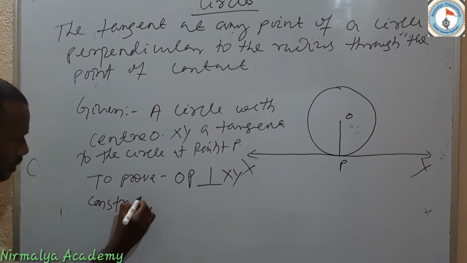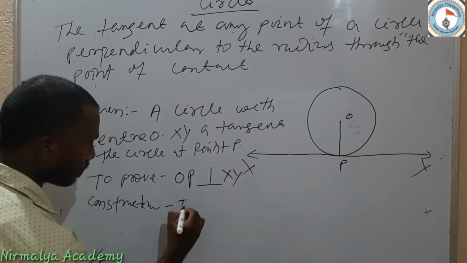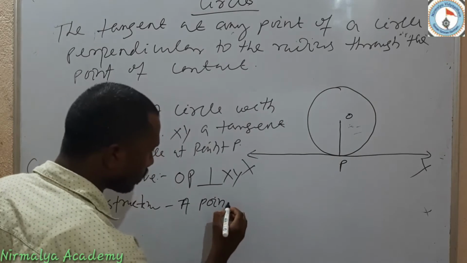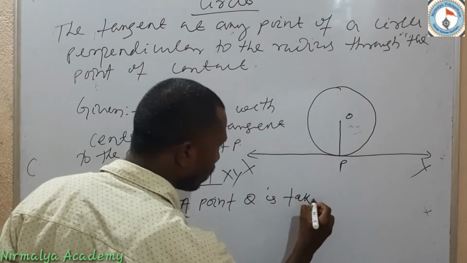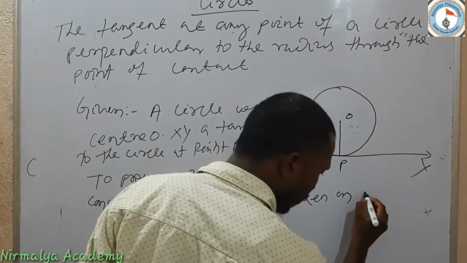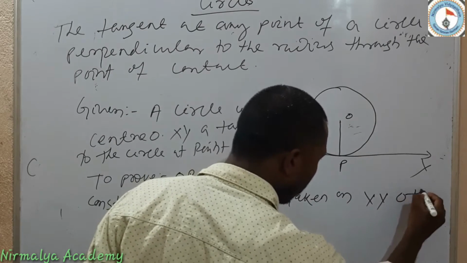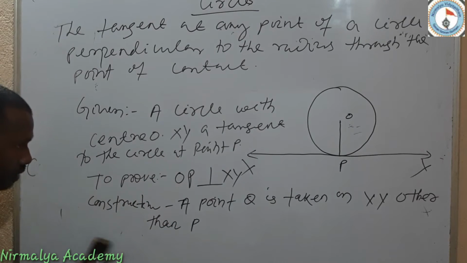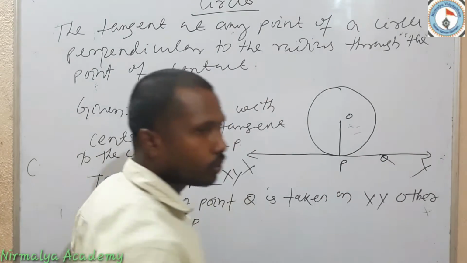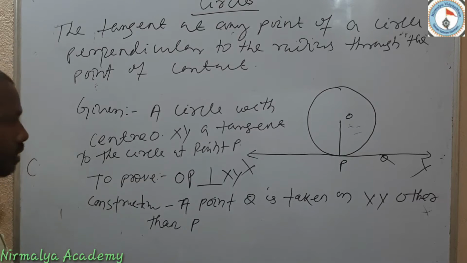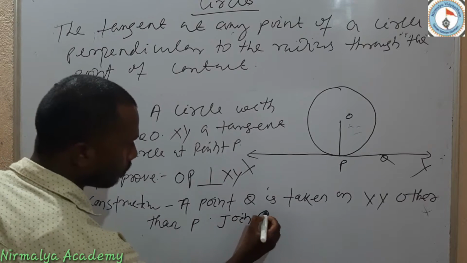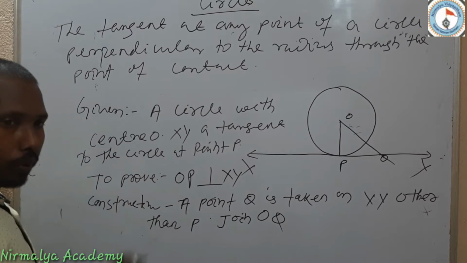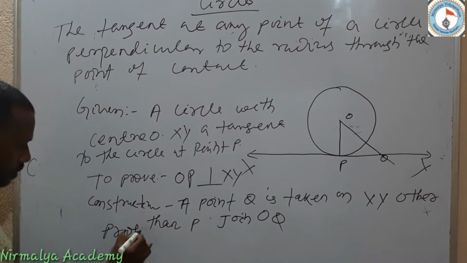Next, construction. Take a point Q on XY other than P. So this is the point Q on XY which is other than P. Then join OQ. After that we have to join OQ. So next thing we will prove now. So as you know,